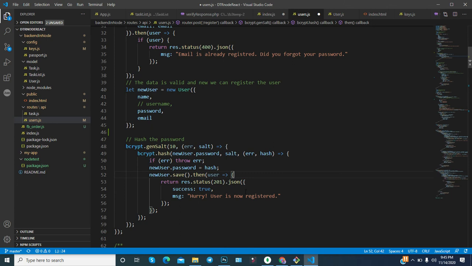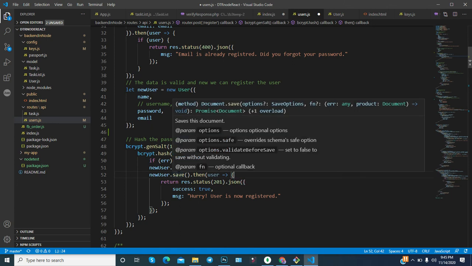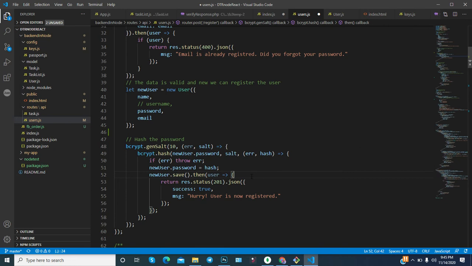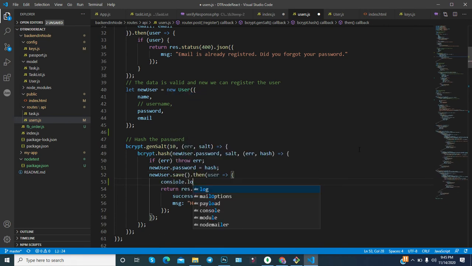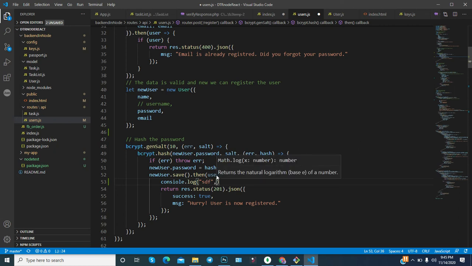After the save, you will get a message if the user is saved. You can also console or log here. You just need to console.log, and here you write something. You can console a variable, or maybe anything you can check. Like if you console this user, then you will check what user data is available, that saved user data will be available here. So you can also check it. This type of thing you have to check at your end.